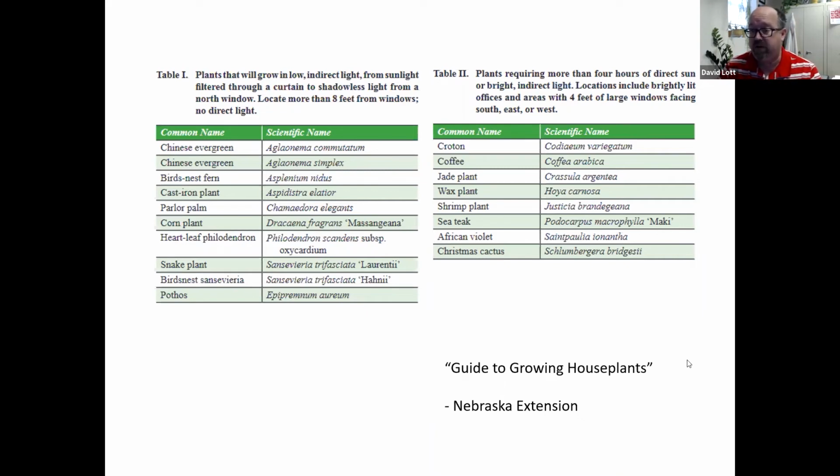Also the pothos. We tend to confuse pothos and philodendrons, but the pothos is also known as the devil's ivy. It doesn't have that curl that helps us identify it. We have one called Marble Queen, which, with enough lighting, has the variegation, the marbling, come out and it's beautiful.